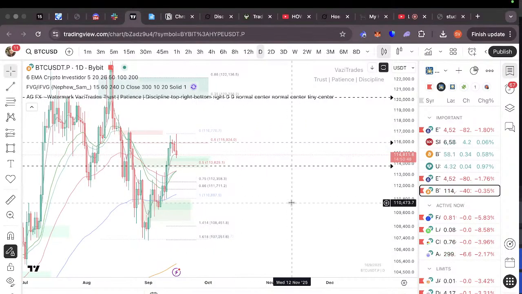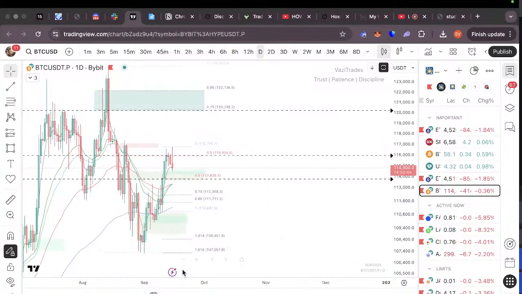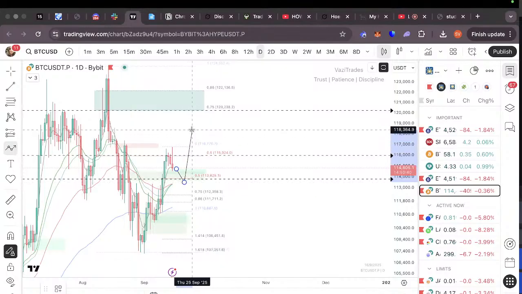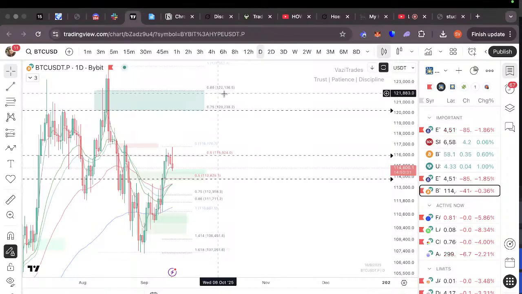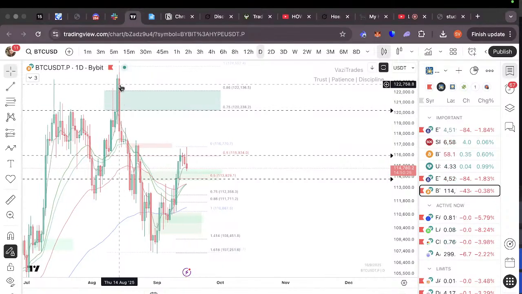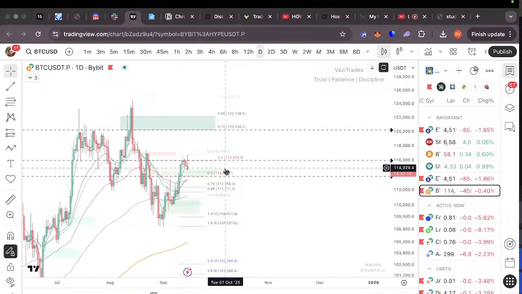So currently it has more chances, I would say it should bounce here to continue towards the $120,000. This is the next strong resistance from where I'm expecting a strong bearish reaction, something like what we had here on 14th August 2025,